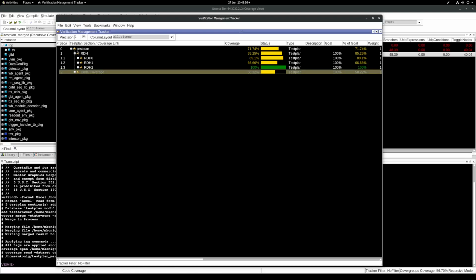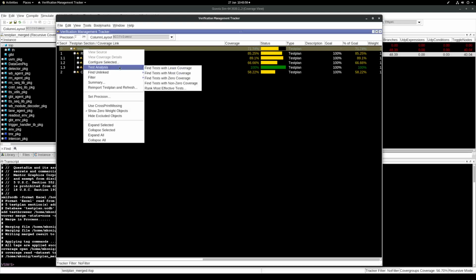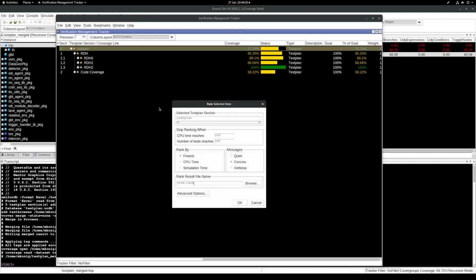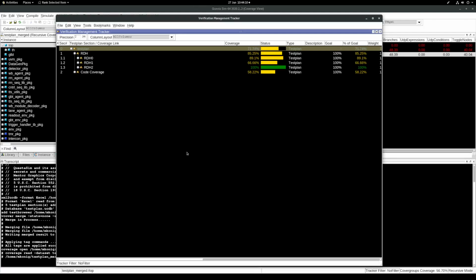Now, because we have done the test associated, we have this feature available. Rank most effective test. We'll rank them by fewest to achieve coverage. You can also rank them by view time or simulation time. This will take a little while to rank these tests,